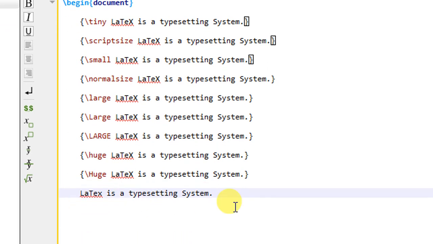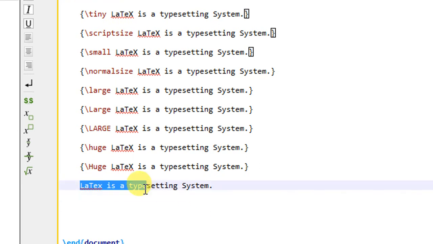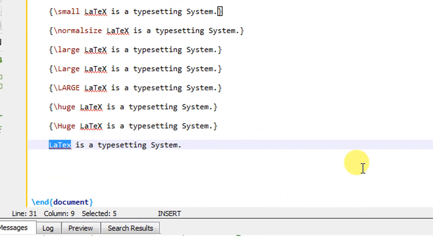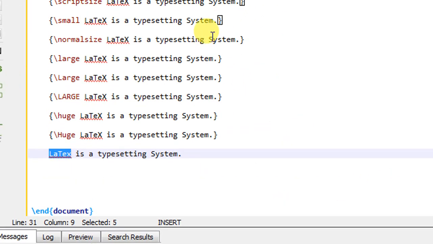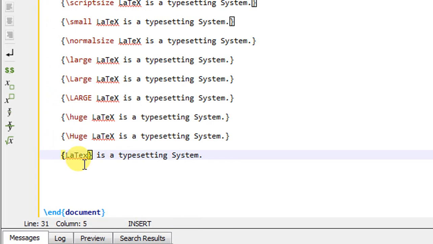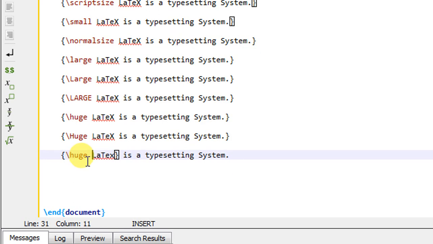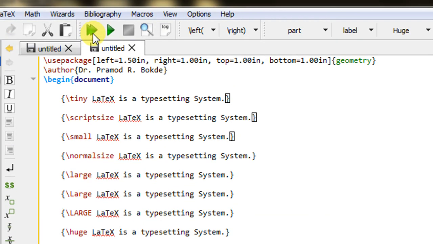If you want this LaTeX to be displayed bigger as compared to the remaining text, what I will do here is select this LaTeX, apply a curly brace, and apply one command. Let us consider that I want the huge size, so I will apply the \huge command here. Now let us go and see what the output will be.